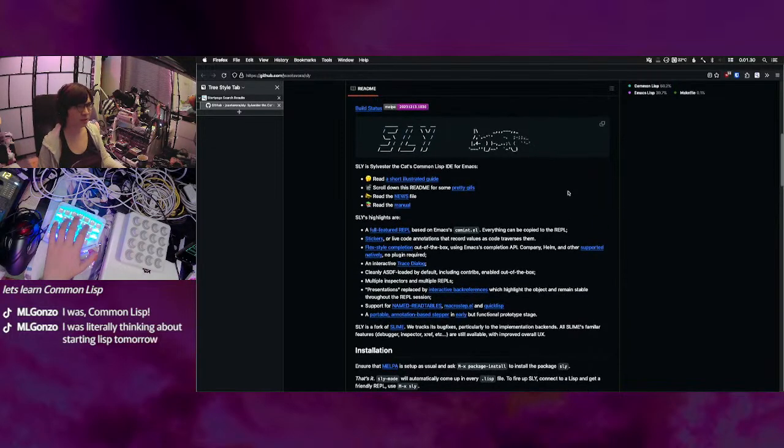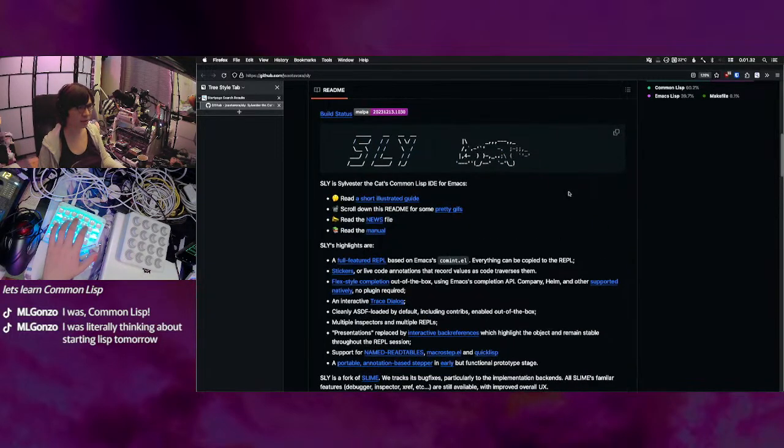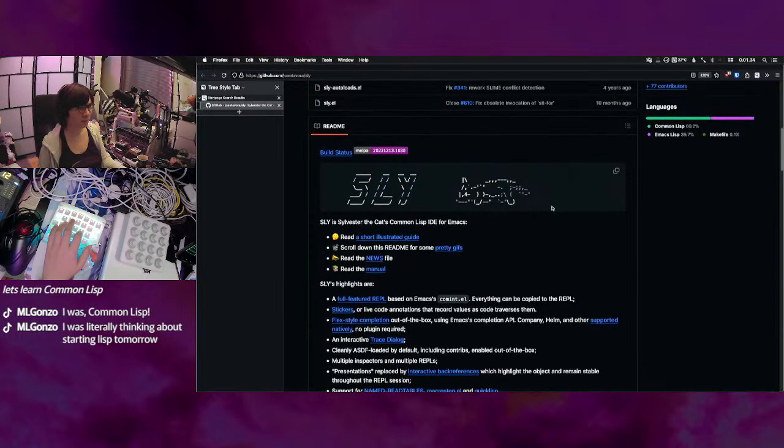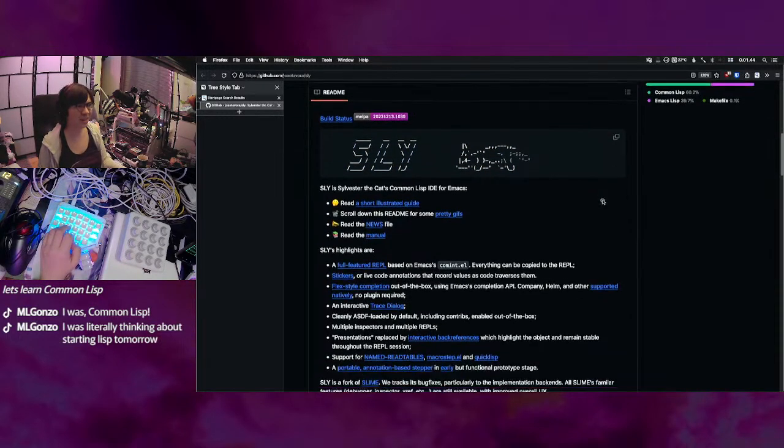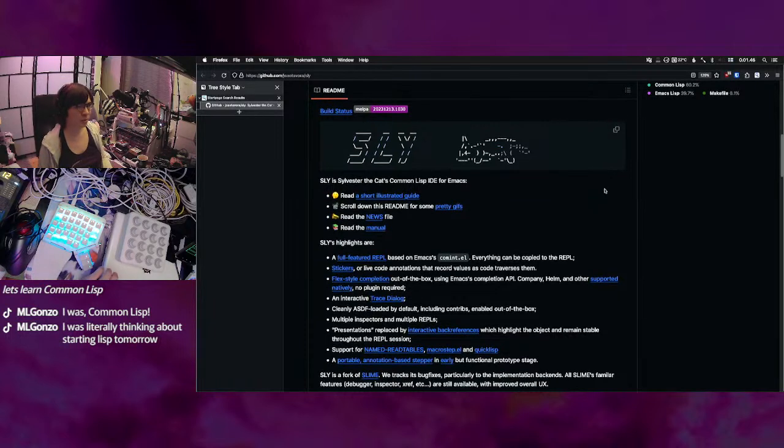Sylvester the Cat's Common Lisp IDE for Emacs. And I want to install this one because there's a cute ASCII art cat here, and what more reason do you need? No, I actually looked at a comparison between Slime and Sly, and well, Sly is forked from Slime,